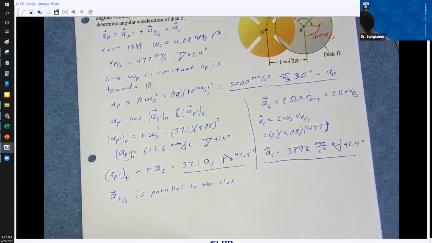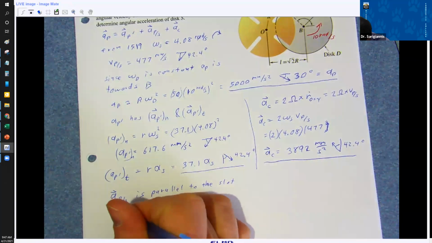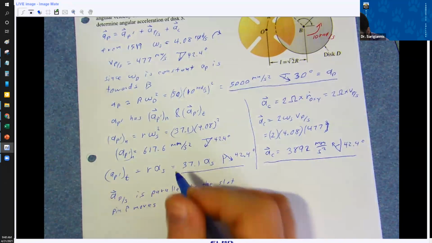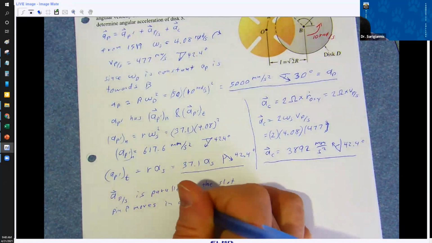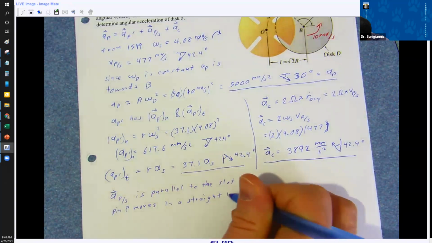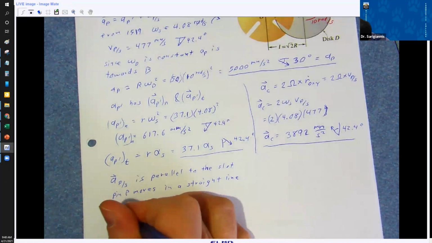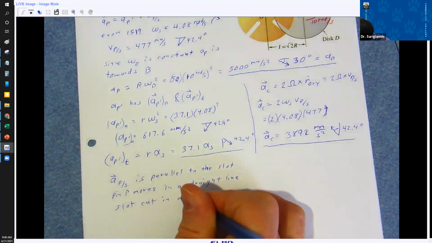The pin moves, pin P moves in a straight line slot cut in disk